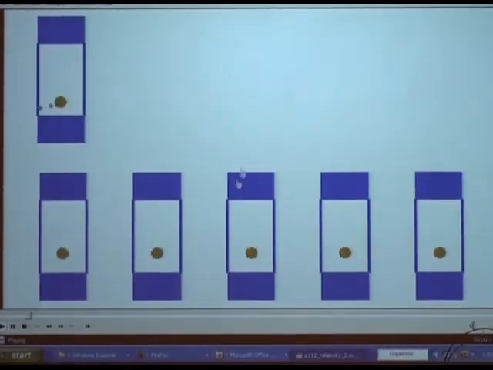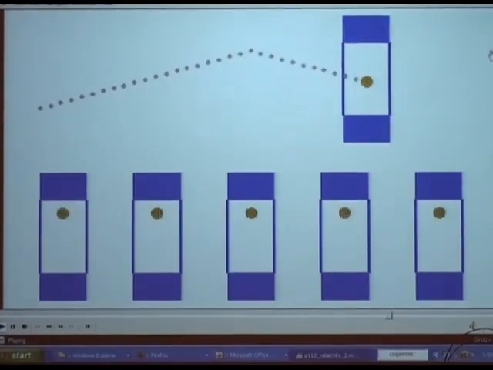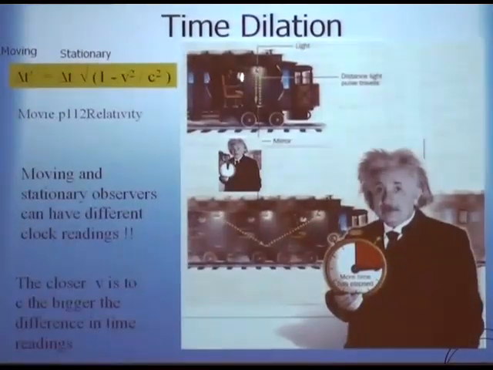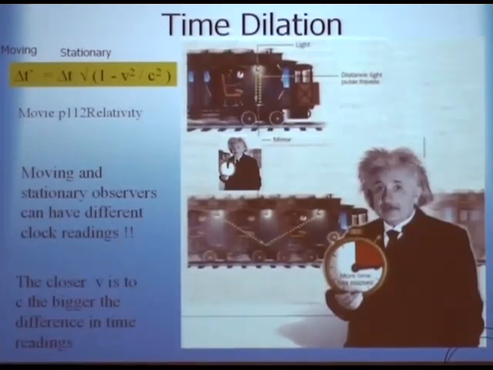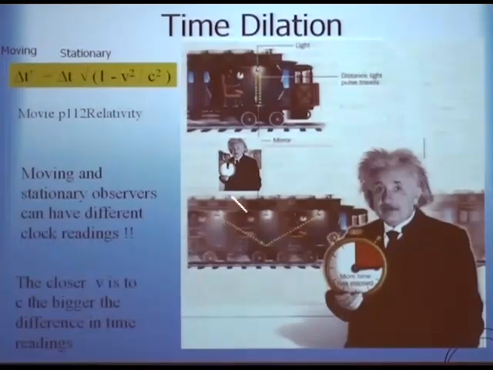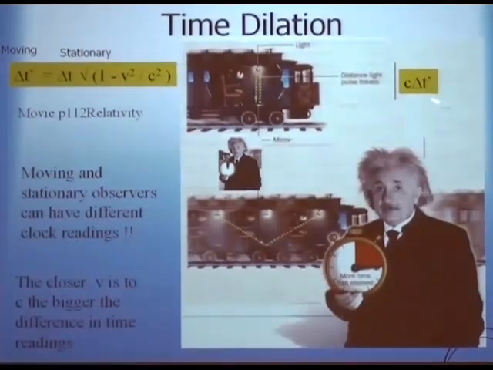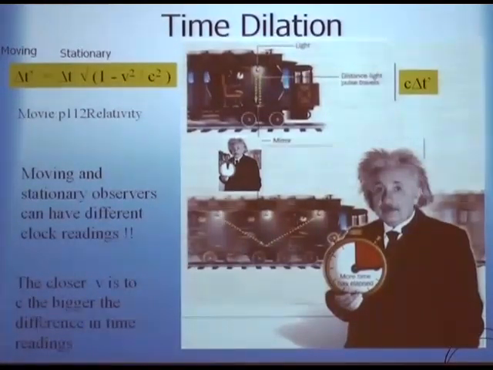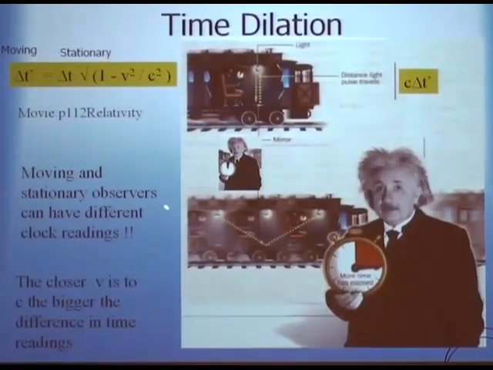Now you can use the connection between the time on the train and the time on the ground. There is a connection between these clocks, and that's this formula. If delta t prime describes the clock on the train and delta t the clock on the ground, this is the connection. And I'm actually going to derive that for you. Now look, this distance here, if the time on the train is delta t prime, then this distance is just c times delta t prime, using the same equation that you just used to calculate distance, time and speed.